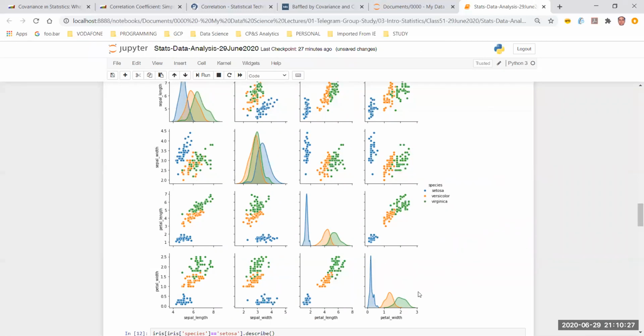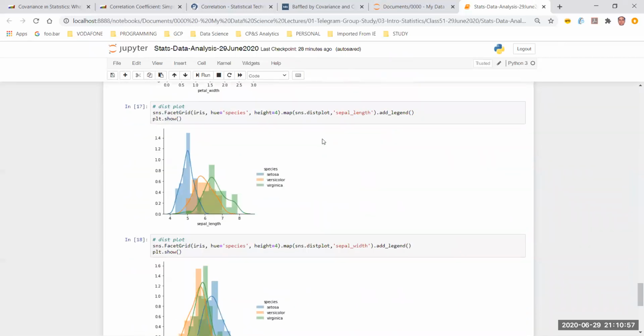Now, if I take only one diagonal and I look at these 6 plots which are below that diagonal, so let's say on the left hand side of the diagonal I have 6 plots, on the right hand side I have 6 more plots. If I look at only these 6 plots, I can get the idea, because the other 6 plots are basically repeats. So this plot here is the same as this plot. This plot over here is the same as the other one there, right? So it is just a mirror image. This part is a mirror image of this part, right? It's the same thing happening over here as well.